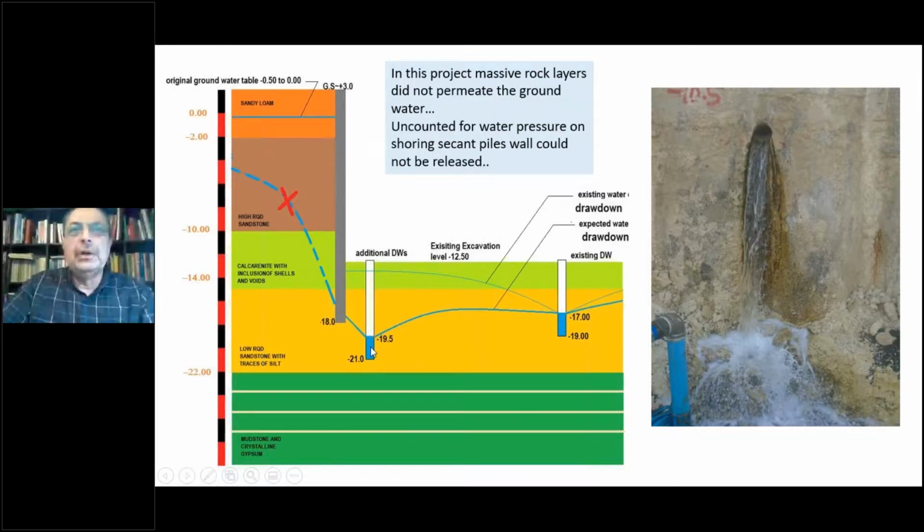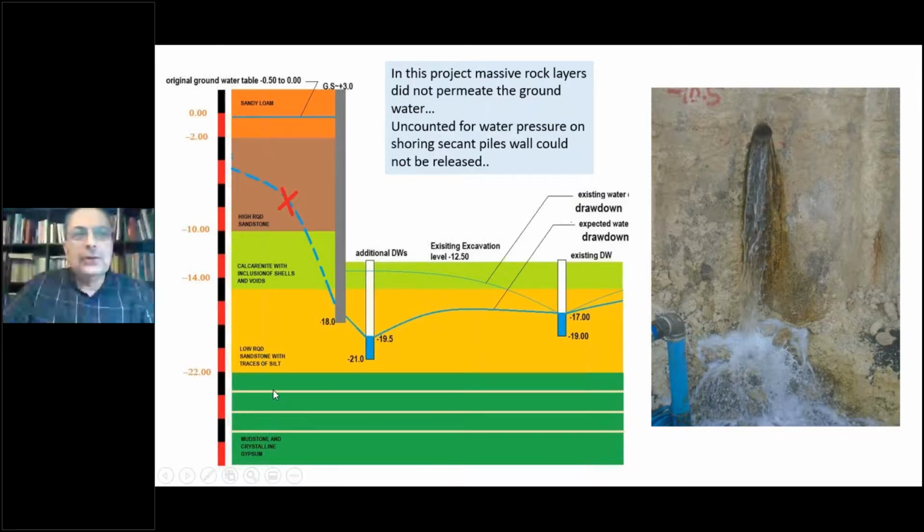Dewatering wells were not deep enough into the mudstone layers, because mudstone should be impervious. But you cannot make very, very deep wells, in fact. The deep wells were increased from 10, 12 deep wells into 28 deep wells in this project. Anyway, we expected that the mudstone is impervious, but it looks like the gypsum layers embedded within the mudstone